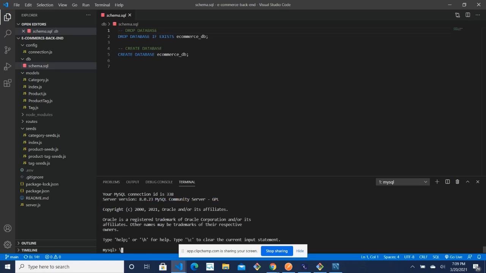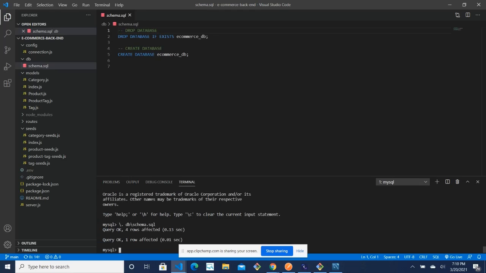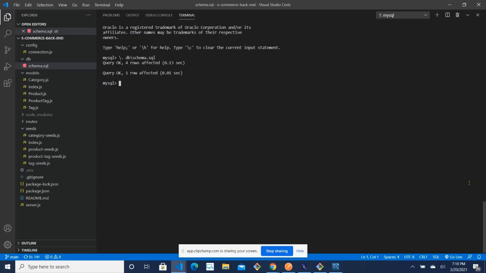So for that, we will just run the command. Just expand the screen. Database has got created. We'll come out of the MySQL and we'll seed the database.